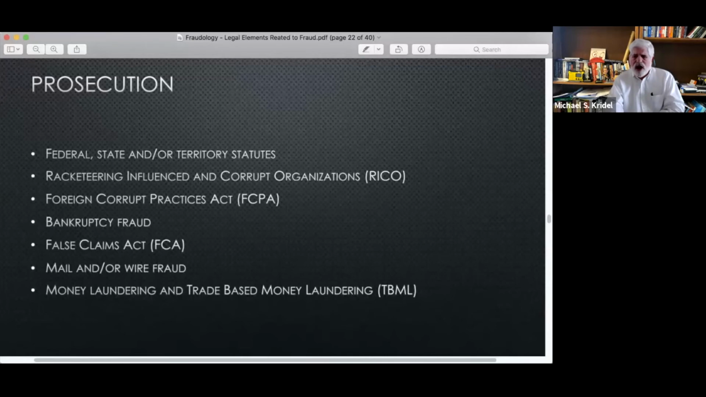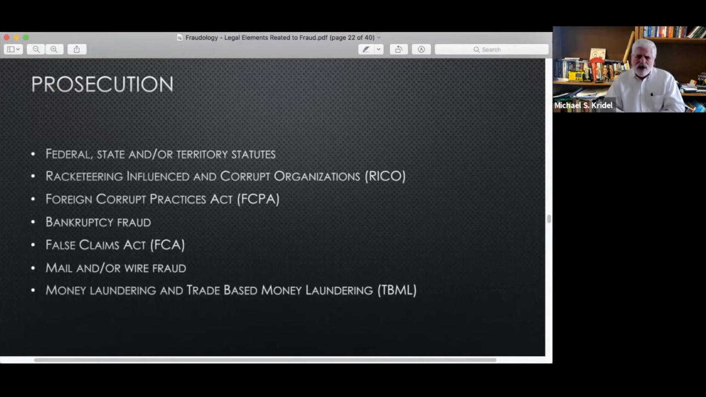Which is why it was designed to fight organized crime. You may or may not have heard of the Foreign Corrupt Practices Act in the United States. This is a law that is prosecuted frequently and involves bribes being paid to officials of foreign countries for economic or business advantages. Bankruptcy fraud: if your country has a bankruptcy statute, in the United States, bankruptcy is where